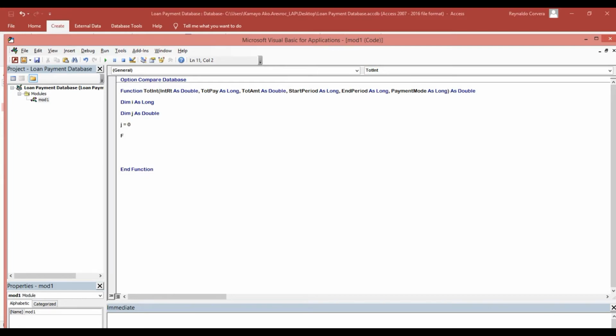So for I equal the start period to end period, then I will put here J equals J plus, I will put